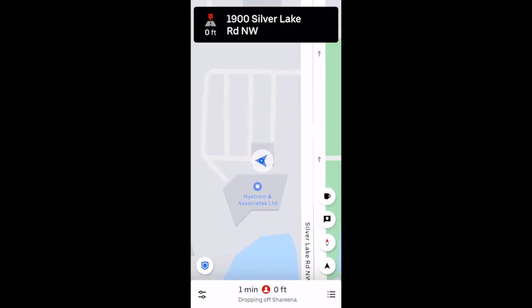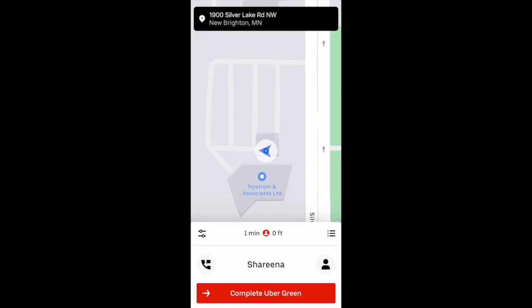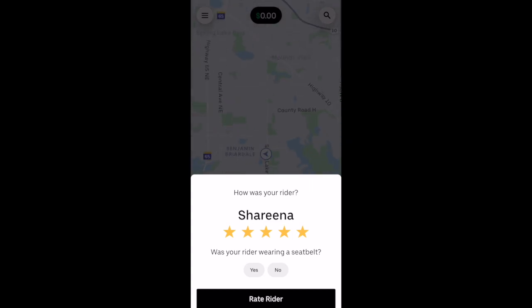Once you arrive at your passenger's destination, when you want to end the ride, you just slide that arrow down at the bottom to the right. After the ride is complete, you can rate your rider,